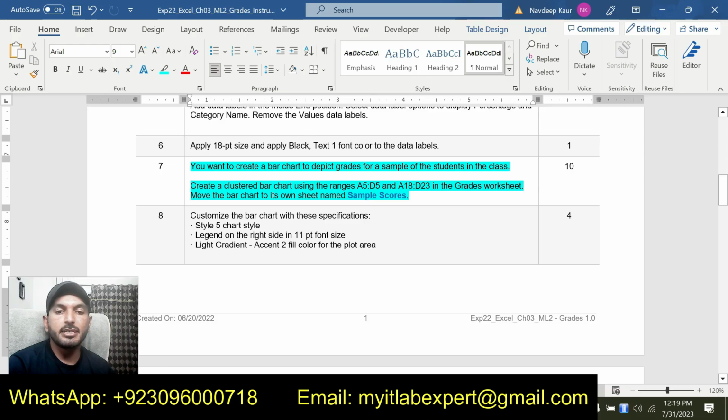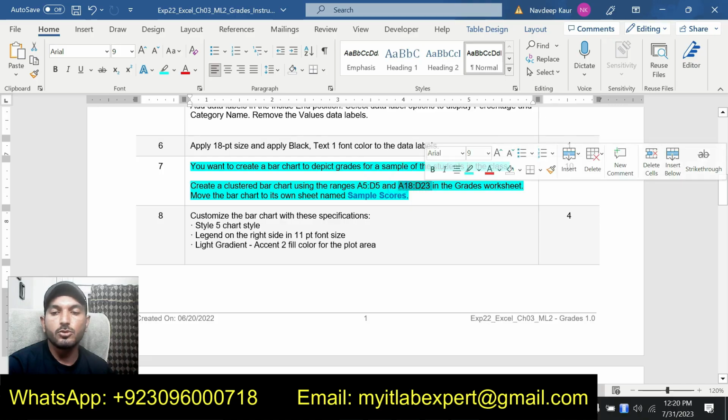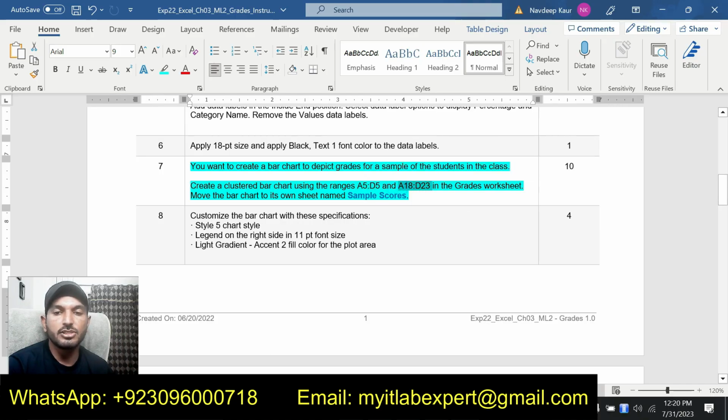You want to create a bar chart to depict grades for a sample of the students in the class. Create a clustered bar chart using the range A5 up to D5 and A18 up to D23 in the grades worksheet. Move the bar chart to its own sheet named sample scores. So in step number 7, we are supposed to create a clustered bar chart.